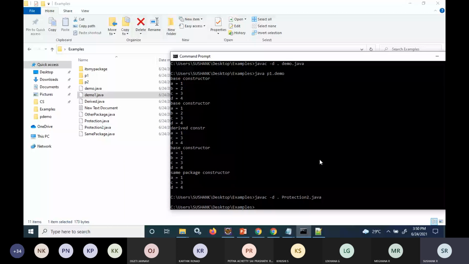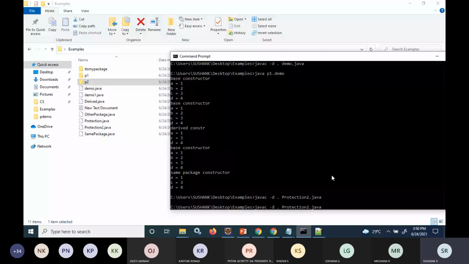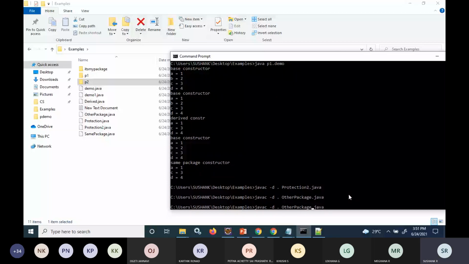Then the second file will be other package, where we have a function called other package. Other package dot java. After that demo1. Now you can see this P2 contains 3 files.